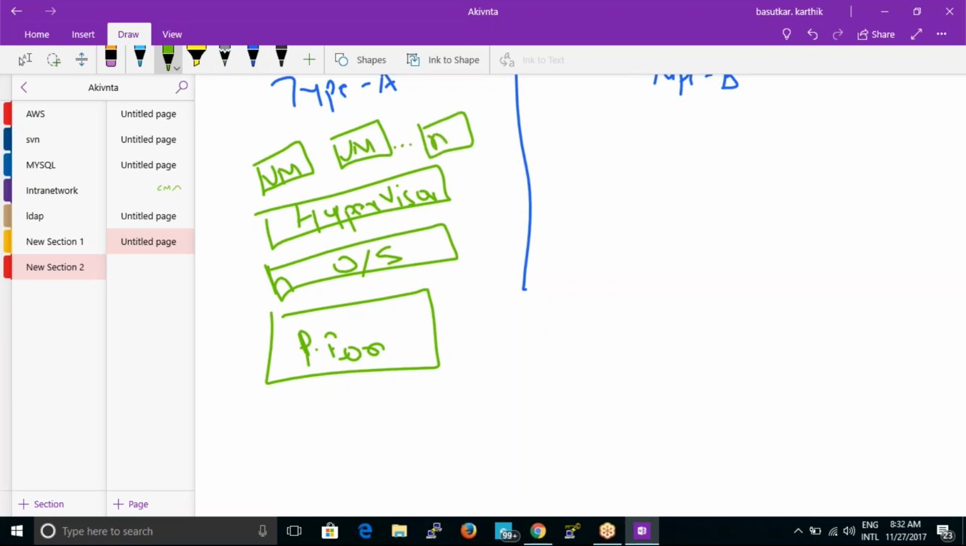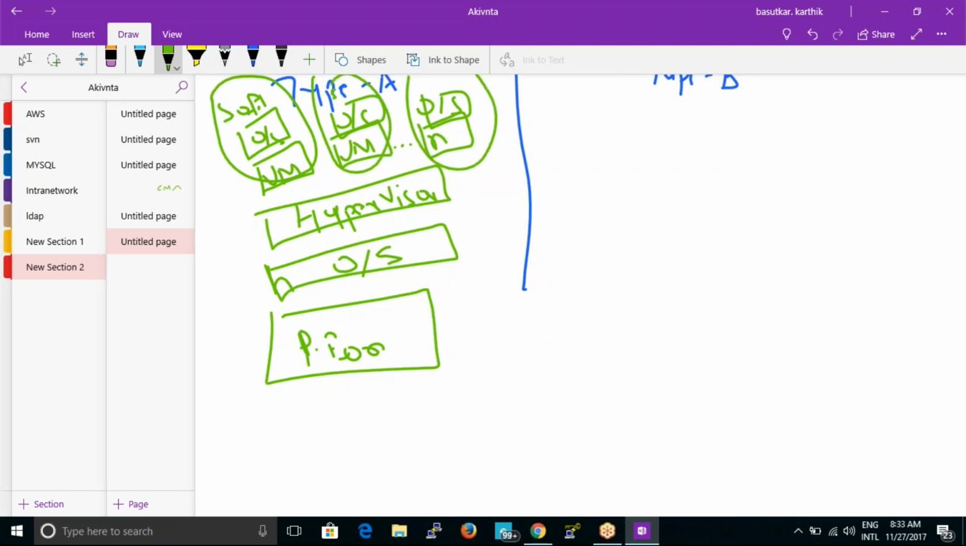For each and every virtual machine, again, you'll have the operating system. On this operating system, you'll install your softwares, whatever you required. Okay, and you'll use this. So this is one virtual machine. This is one virtual machine. This is one virtual machine with operating system and softwares. Now,